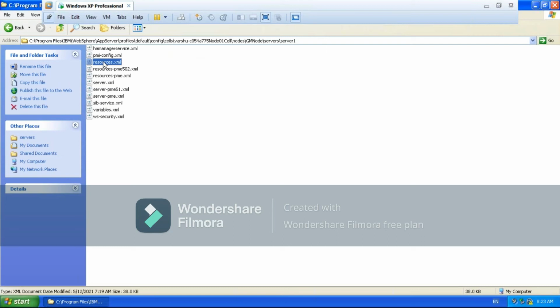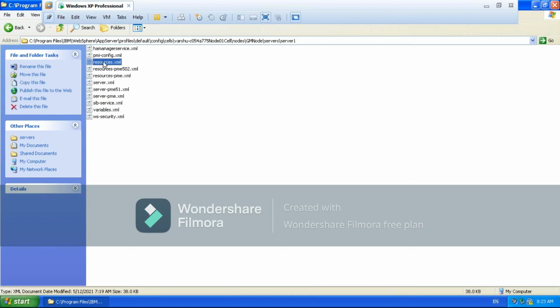So now, if you observe, security.xml file is available only at cell level, because inside that cell, whatever nodes we have, and inside the nodes, whatever JVMs we have, everything has to use that security. That's why security.xml is available at the cell level.